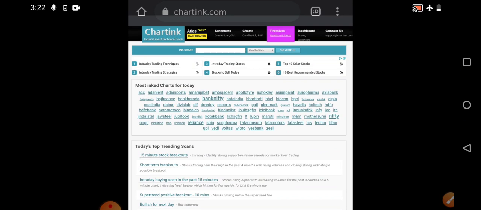Basically it is a very lengthy scan, but I would not suggest you implement it directly. I've already created it. You can go there and type Stocks Diary scan, so you get all the scans that I personally have created, so that I have simplified your work further. So don't worry about that. Just learn how I am doing it, so that if you want to give it a try, you can implement it. Click on create scan.